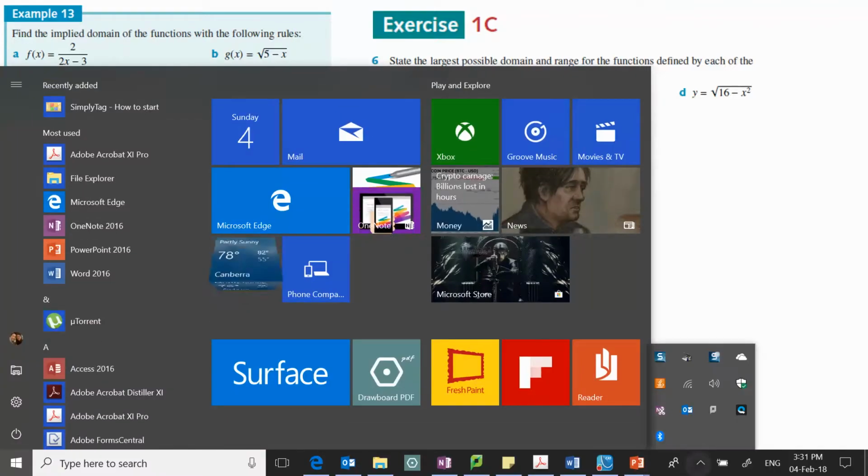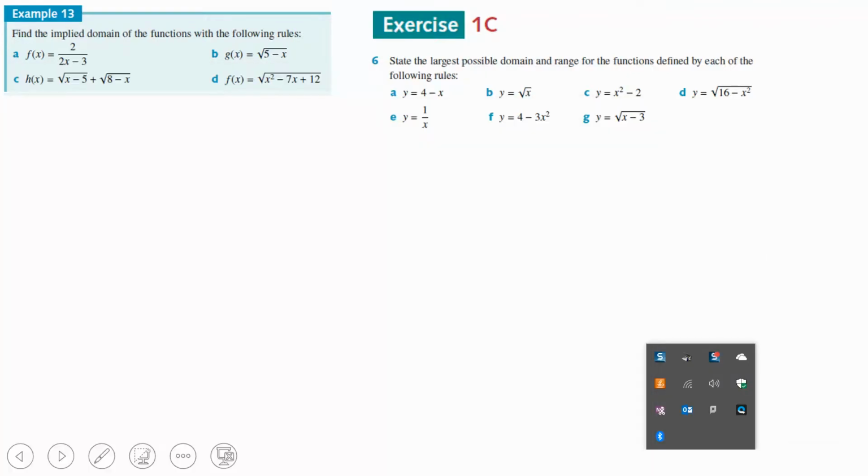I think I've been recording for a while. It's probably been like 40 minutes or so. But let's have a quick browse of exercise 1C. Let's see the things that we can have a look at and how my examples have helped or will help